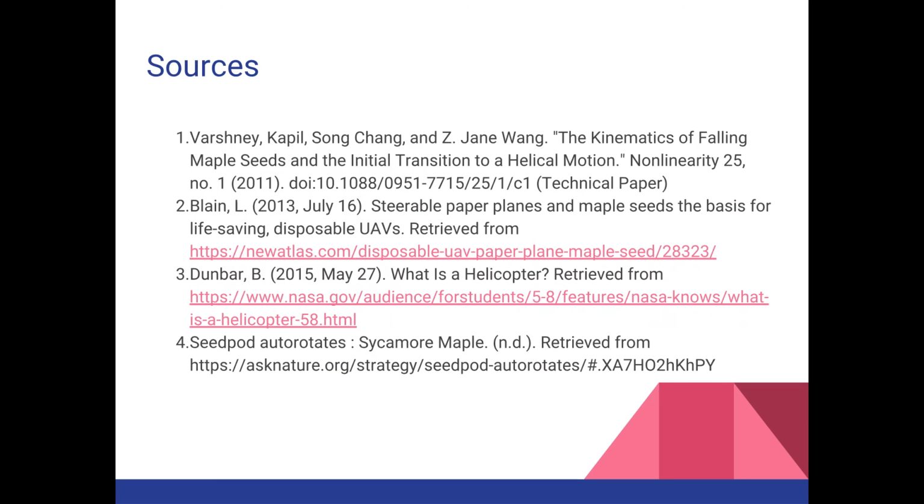We were excited to look at these sources, really understand rotary free fall and how lift and drag play a role in that, and overall gained a lot